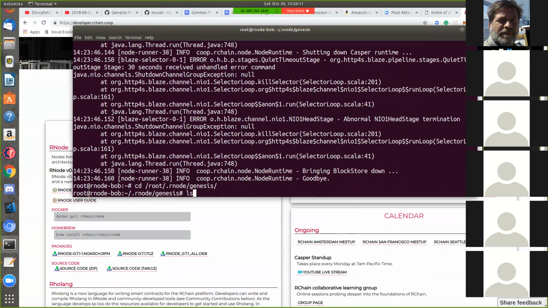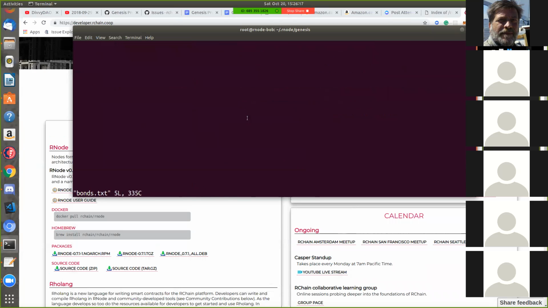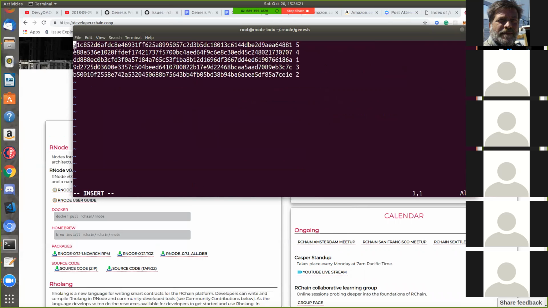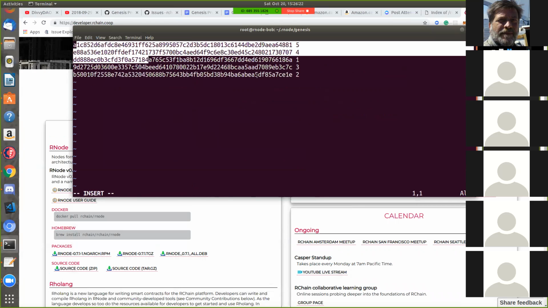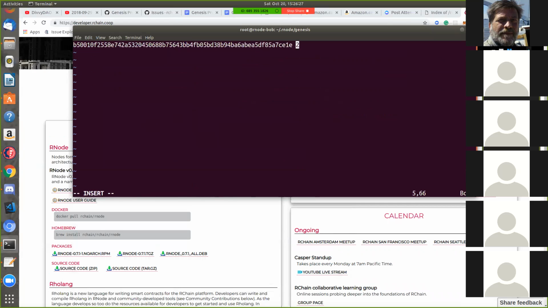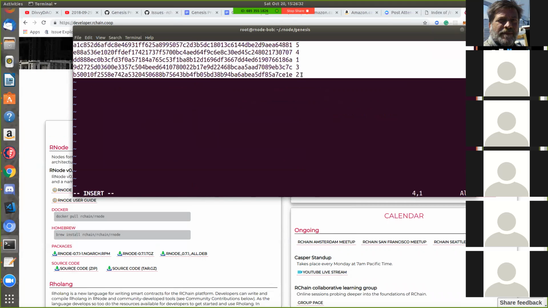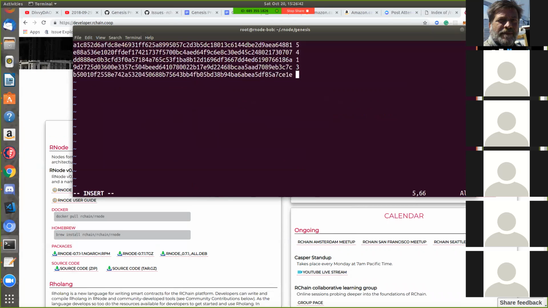Okay, so I'm going to clear out my bonds file. You're using an editor written in 1970. They had no mice in 1970. Type dd several times, once for each line.